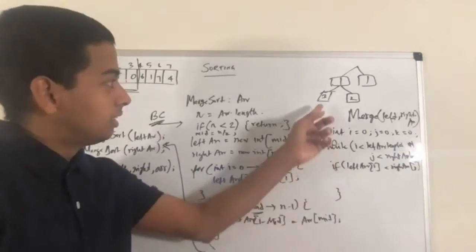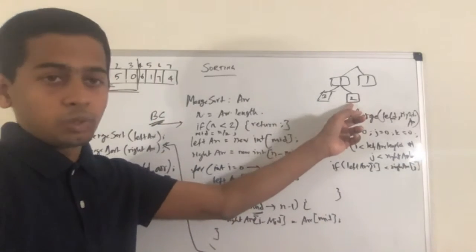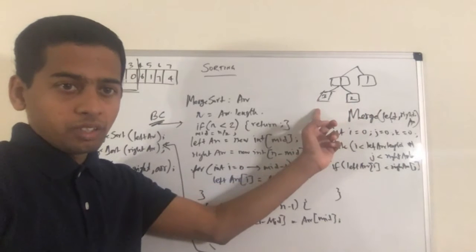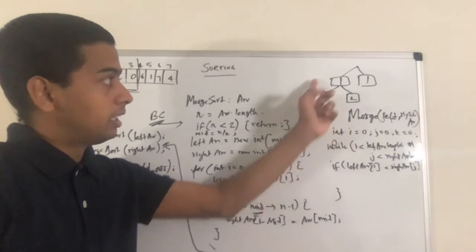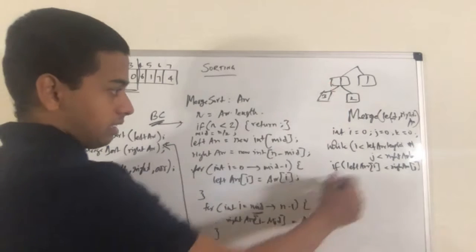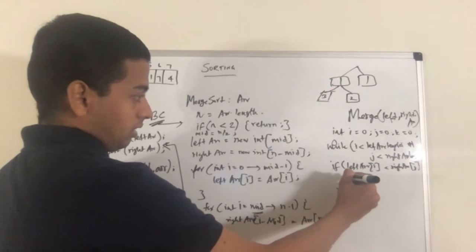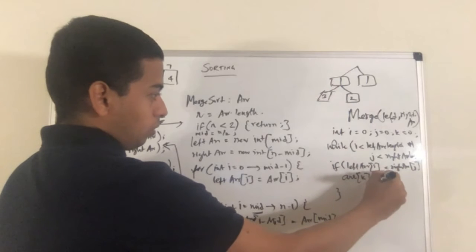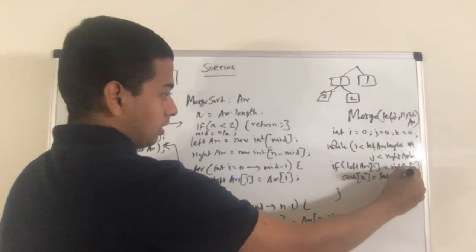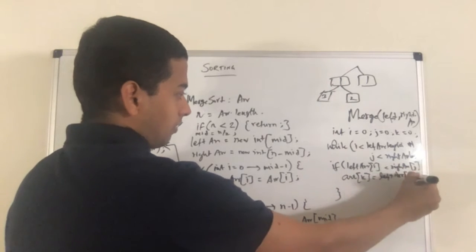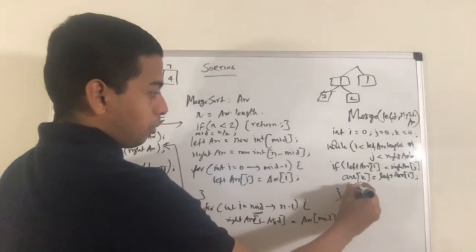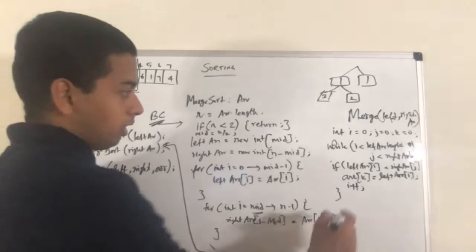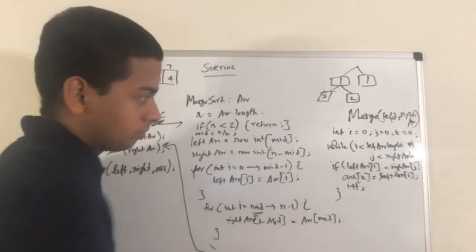What am I doing? The 0th element in this and the 0th element in this. When I compare these two, is this one less in value? Then insert it into the parent array. Is this one less? Then insert into my parent array of k equal to left array of i. After inserting, increment my i pointer by 1. Okay.